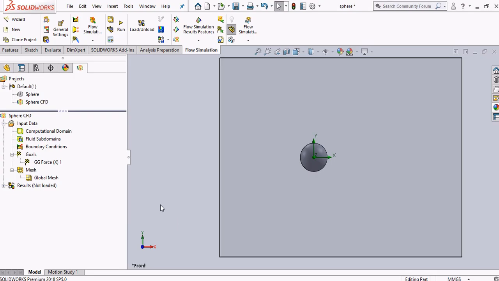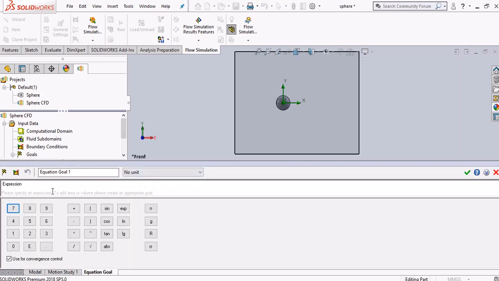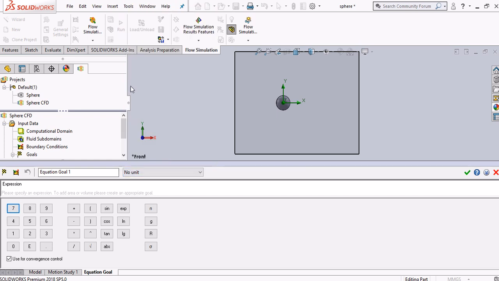So we set it up with right click, insert, equation goal. You have to select no units, so that's already correct. You have to input GG force times, since we are looking for the drag coefficient, we will already multiply it by 2 because of the 1/2,